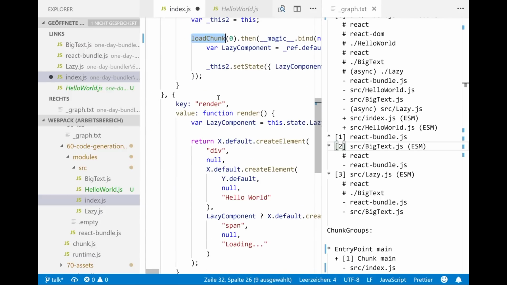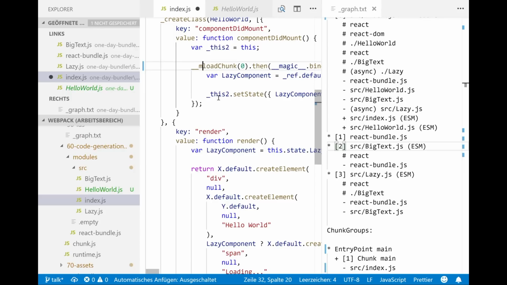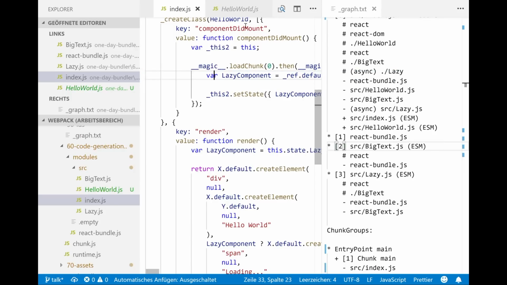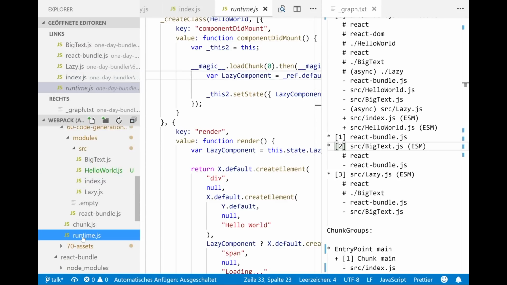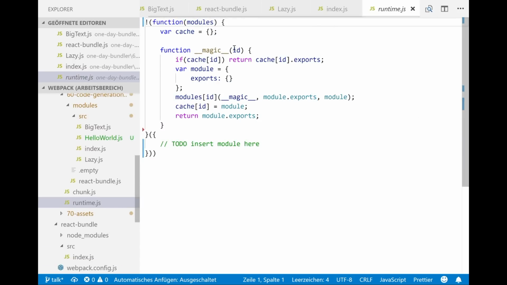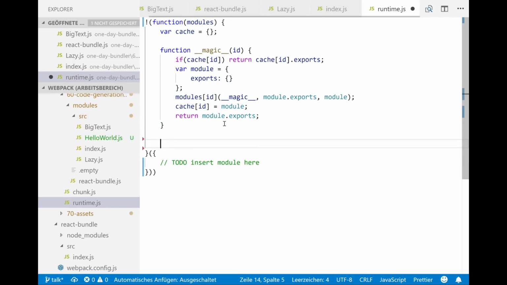We don't want to include it in this function. We just namespace it on the magic function, because functions with properties are super awesome. Okay, there's the runtime. Where's the runtime? So let's write some kind of magic load chunk function.